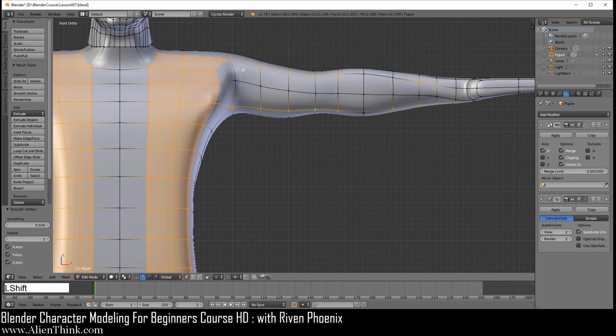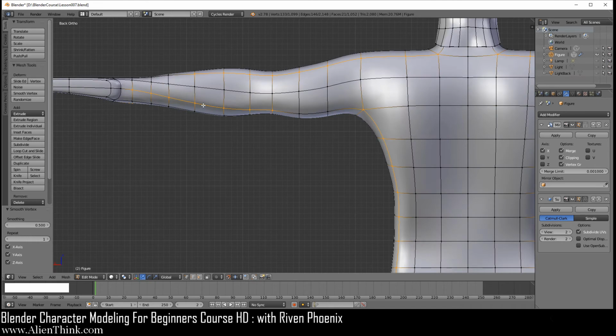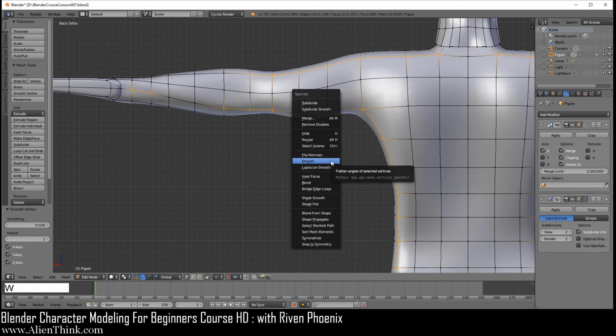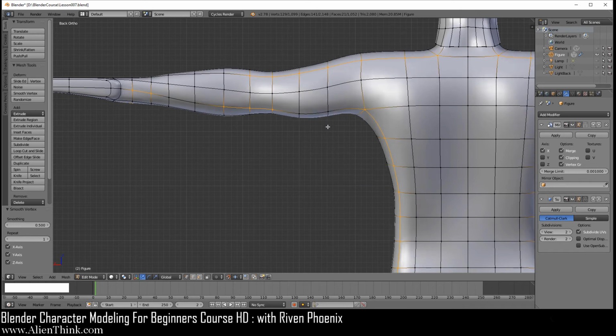Now I'm going to do Shift and deselect this guy, deselect over here, and over here we're now going to deselect this. Now I'm going to do Control 1 to go into the back. Over here I'm going to do Shift and right click to deselect this, deselect, then deselect and deselect. You don't want to touch these two over here. Okay, now I'm going to do W and smooth one more time. So this is the second time.